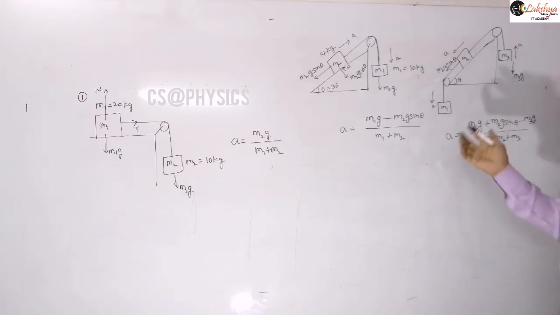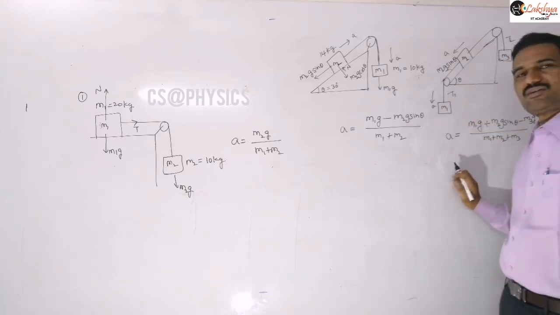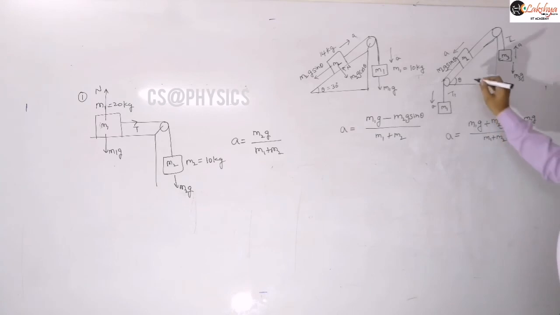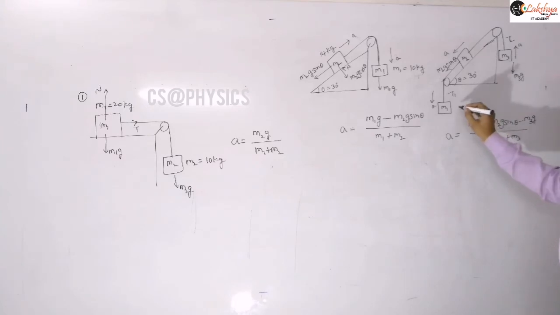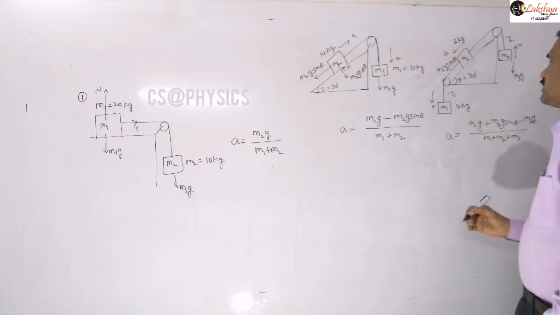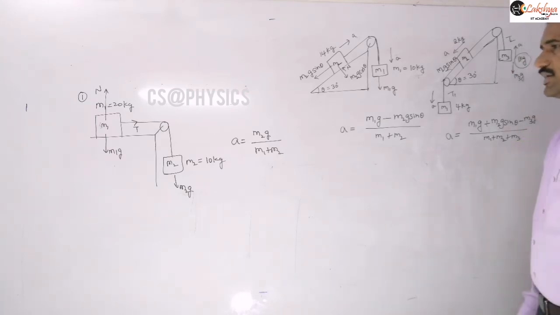Once the acceleration is known to us, suppose this is tension T1 and here tension T2. Write the force equations for this and calculate the expressions for the tensions. Here I will also give the numericals so that you can do the calculation easily. Let us take this angle as 30 degrees, m1 as 4 kg, m2 as 2 kg, and m3 as 1 kg. Now simplify that, and you will get the calculations.